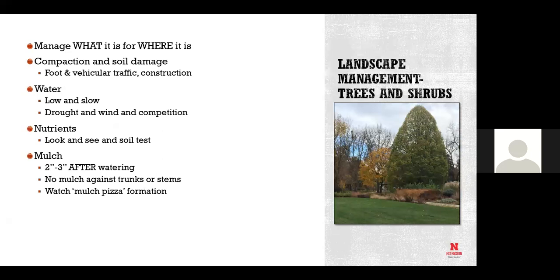Make sure that you do not put the mulch up against the tree trunks. That's just asking for and inviting critters, especially in the wintertime, to get into the bark and start girdling some of your either trees or shrubs. And again, in the western part of the state or with plants that are truly drought tolerant, they really don't want to be wet. You mulch differently. We're talking trees and shrubs, and again, the whole point here is you manage where it is.